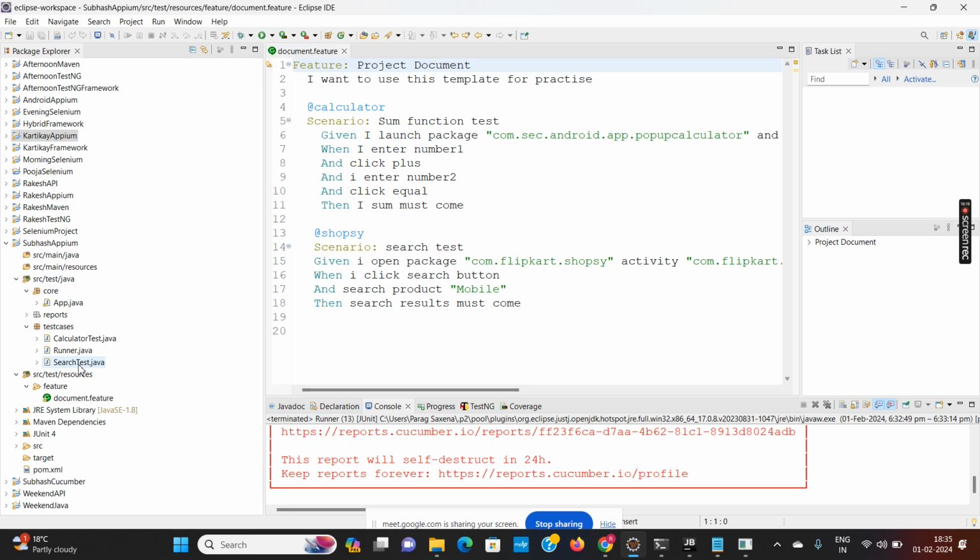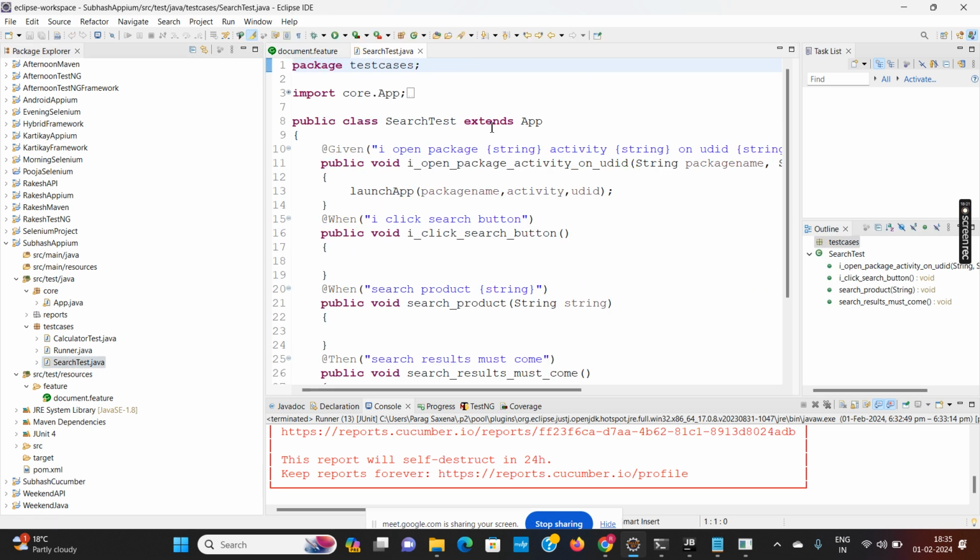Okay, so this is my second test, the search test. Again, we have already launched the application in my last class. Now I want to click on the search button.